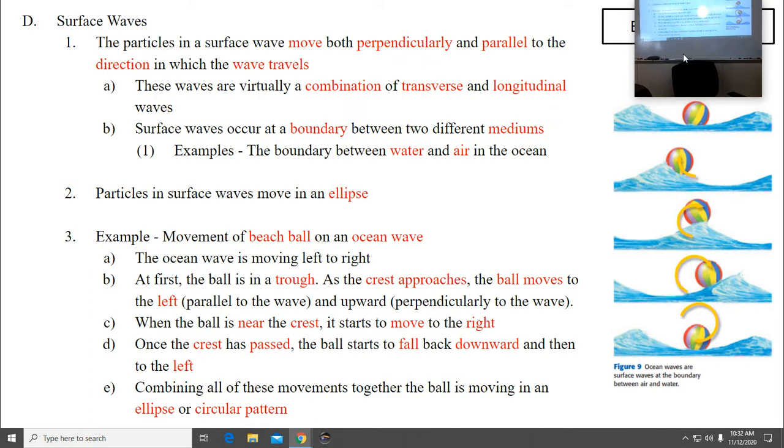So it's kind of weird watching this happen. The ball moves opposite to the way the wave is moving, and it does not travel with the wave. It's much like what we saw with the leaf on the pond yesterday. As waves go past the ball or the leaf, it will move in a fashion, but it'll remain in its current location. And that is it for